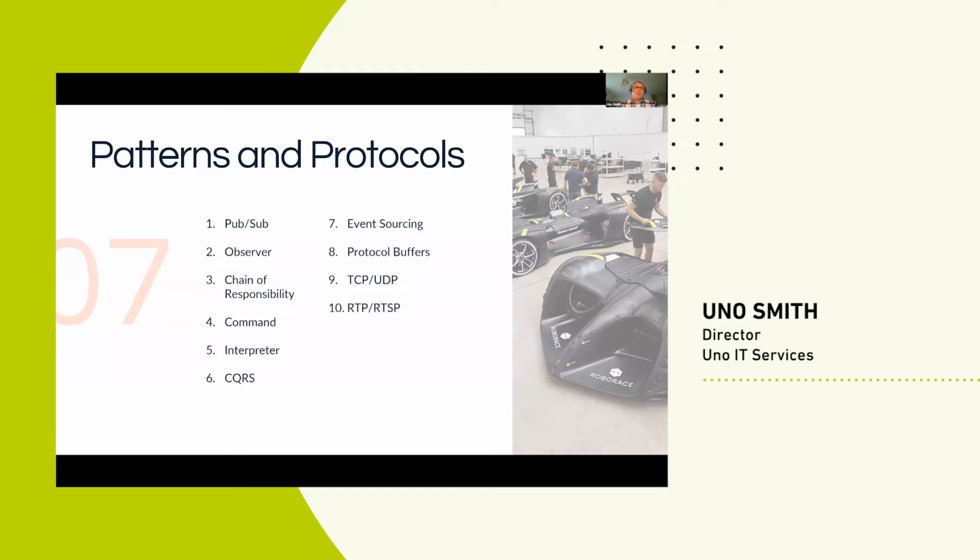The chain of responsibility we've talked a little bit about, and that is really a composing pattern to allow you to connect a number of systems or processes together in a specific order, so that you can pipe from one to the other. The chain of responsibility pattern then gives you a way of doing that and controlling the output.